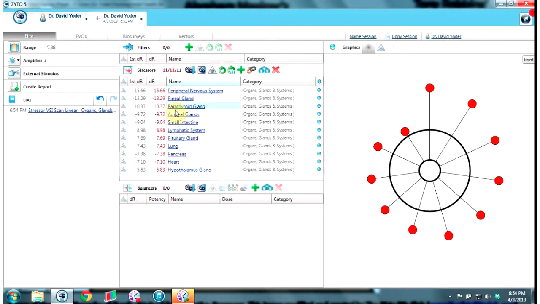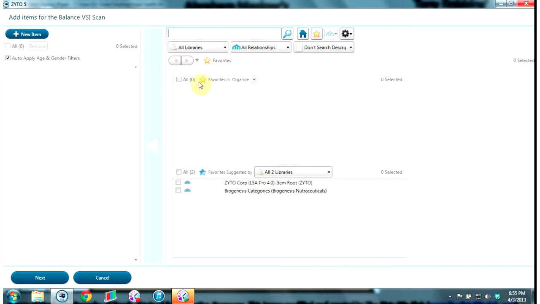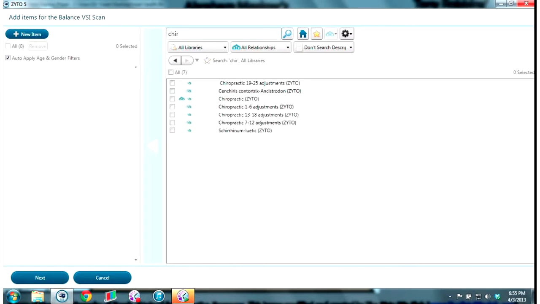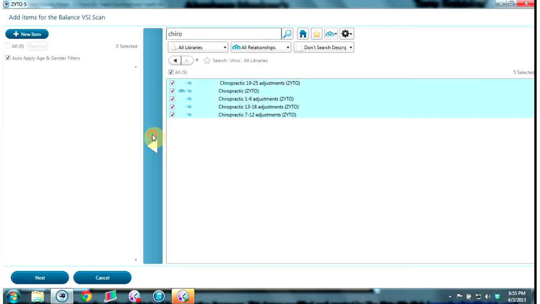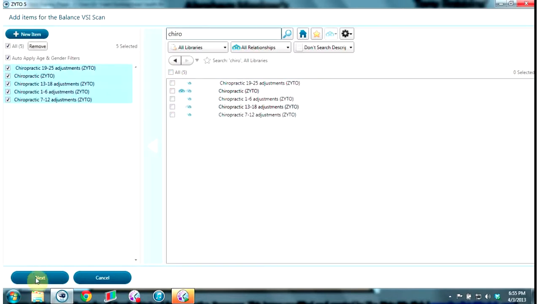And so the clinician's goal is to look at the big picture of all the things and how they're related and make recommendations called balancers. So there are any number of ways we could take this approach. We could try just adjusting to strengthen the nerve tone to the area. So if we go to balancers and I click on balancer and I type in chiropractic, and I'm just going to select all 5 possibilities, move them over,